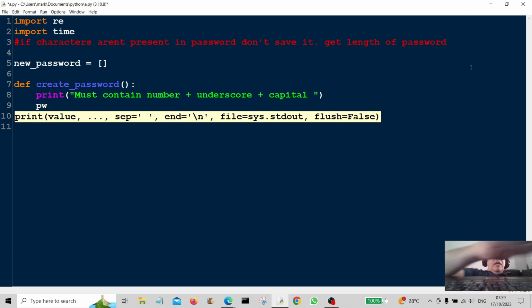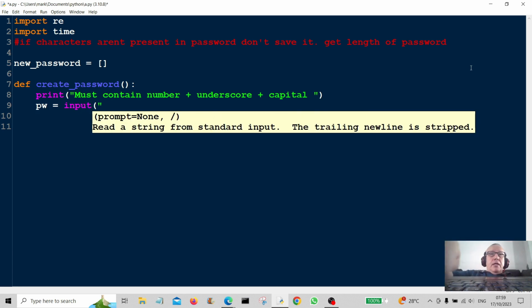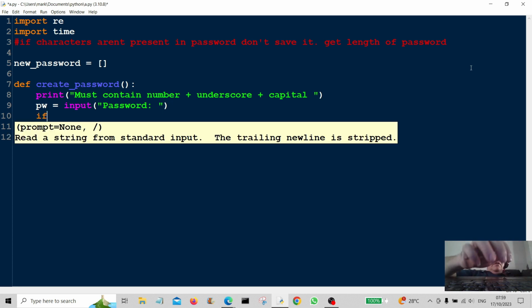Right, so I'm going to do pw variable, which is password, is equal to input, and let's get a password off the user. Okay. Now we're going to do the conditional. So if re.search, this is the regex, and this here is for the decimal, password,